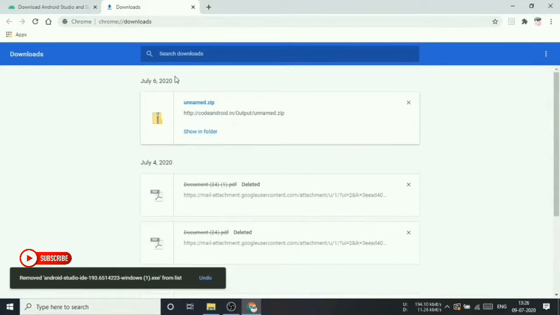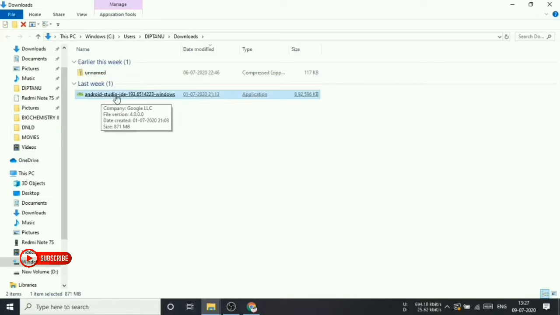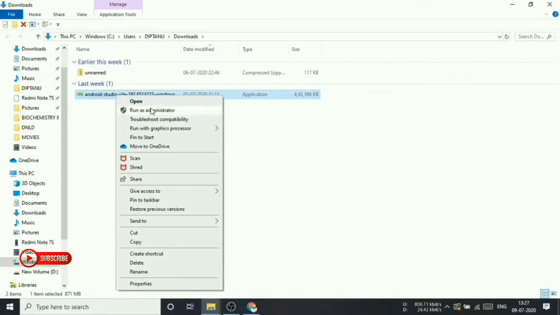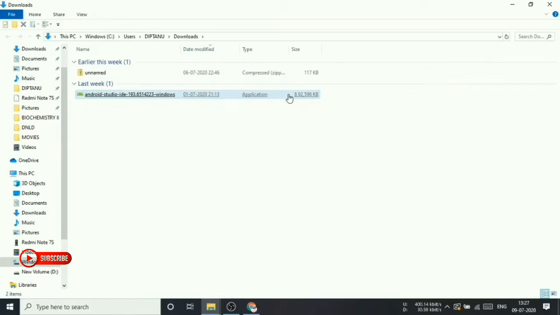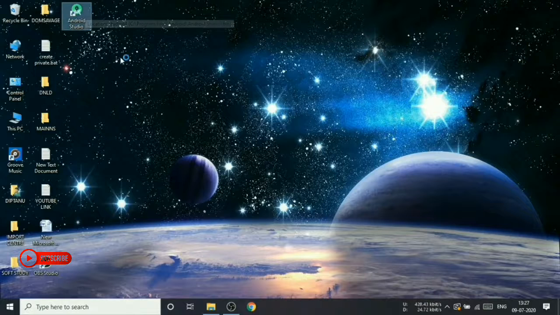After it's downloaded, you just click and then show in folder, and it will come in the folder like this. I got it last week, and then you can just run it. If you simply left click with your mouse, it will open and then run. I have got it installed here. So when you open it,